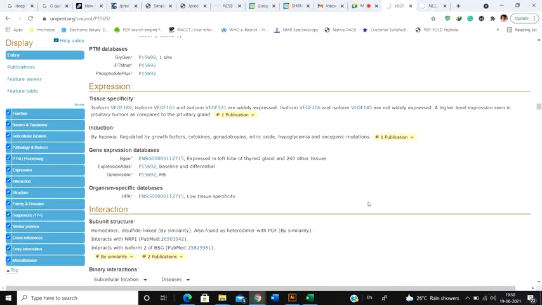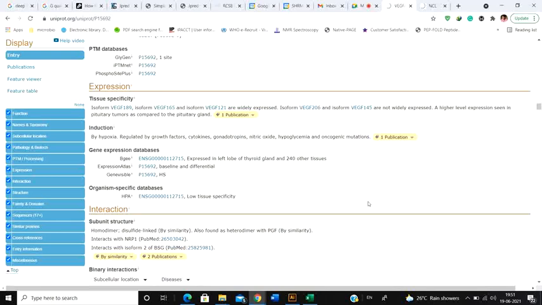Isoform means same protein but different sequence. But why different sequence? Because of alternative splicing. In the case of humans, in eukaryotes, there is no one gene, one protein theory. A particular mRNA undergoes multiple splicing, and from one mRNA you can have multiple proteins. You can have protein A, protein B, protein C, all with different sequences that are formed by this.